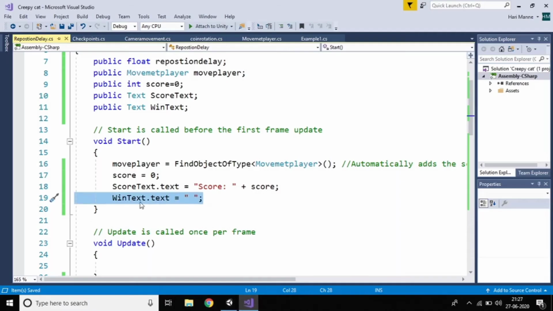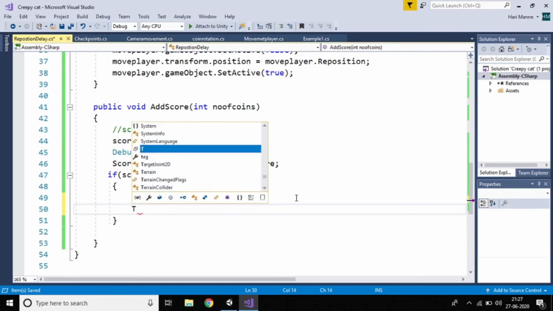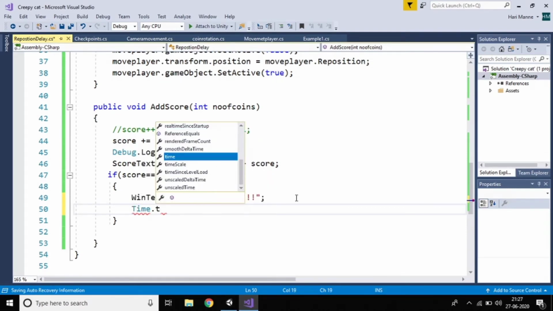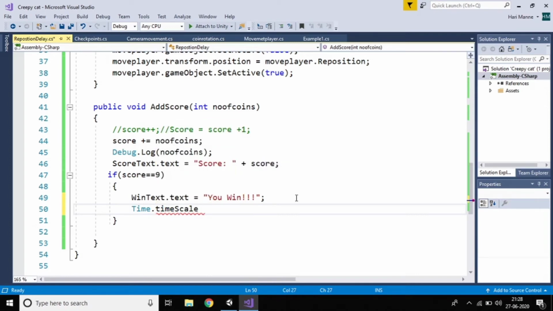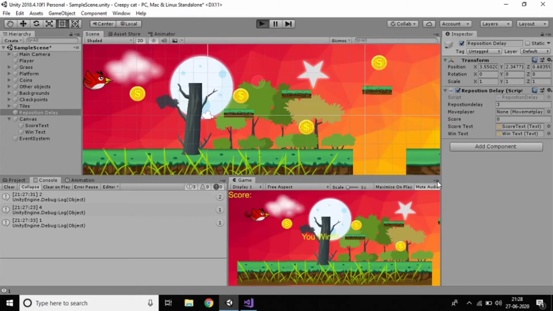So for that, just go here and write Time.timeScale equal to 0. Just save this one, and you can see the difference. Just play this one and maximize.